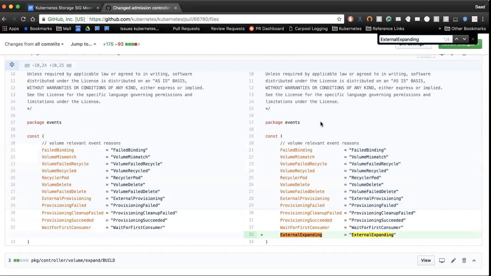So for snapshot, it's not going to be defined here, right? It's going to be in the external snapshotter, right? Yeah. Snapshots are fine because they're CRDs, and we can either use the in-tree snapshot controller, or vendors can deploy their own controllers for dealing with the snapshot objects. Yeah, I think the only thing is that I'm not sure external expanding is a good name.